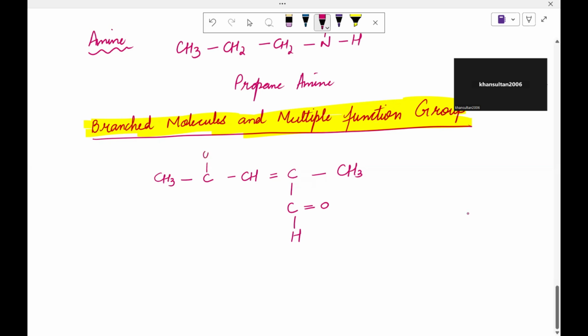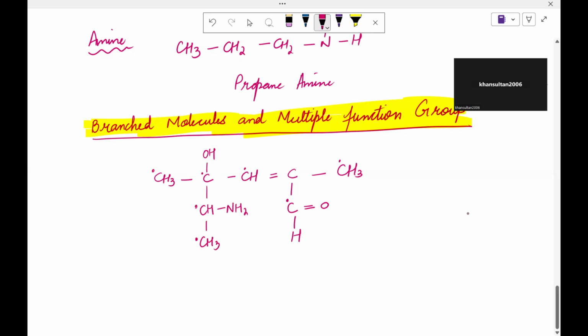And this is OH, and this is CH, NH2, this is CH3. First of all, we need to find out which is the longest chain present here. First of all, let's find out the carbons. Carbon is here. This is carbon, this is carbon, this is carbon, this is carbon, this is carbon, and this